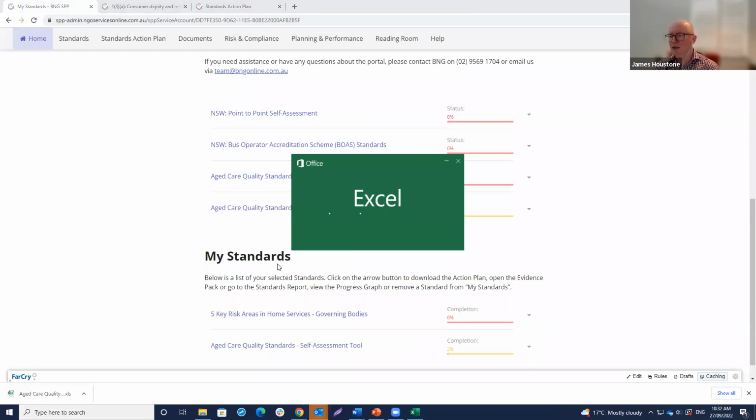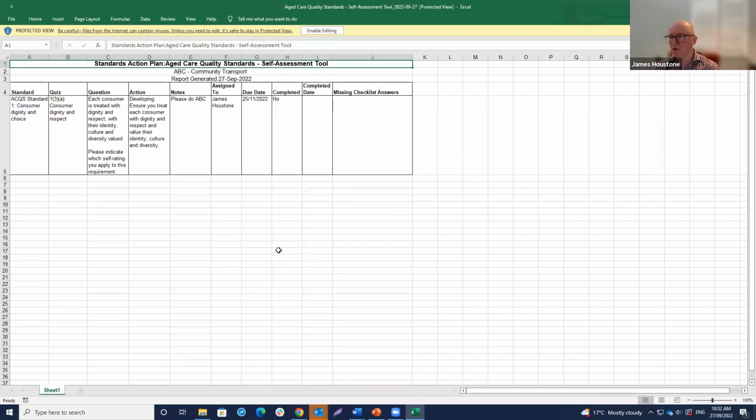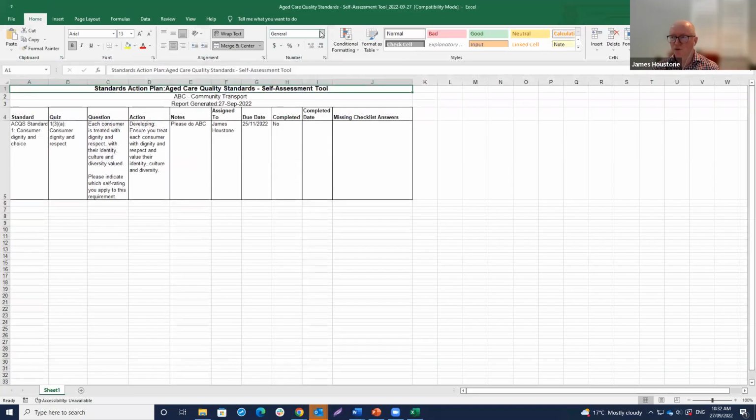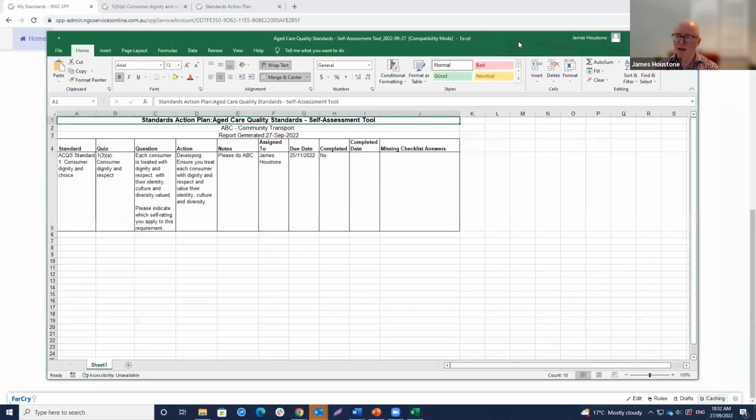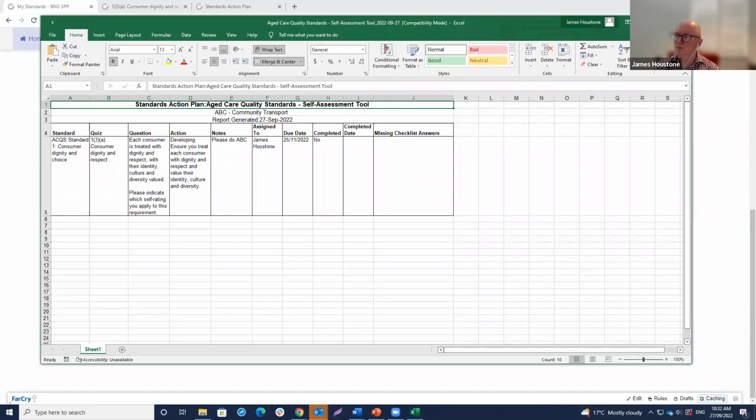We can download it straight into Microsoft Excel from the homepage. We don't necessarily have to go to the standards tab. And that can be particularly helpful where you've got a very large number of actionable items, which are a bit difficult to go through on screen. You can just very quickly generate that Excel download straight from the homepage.